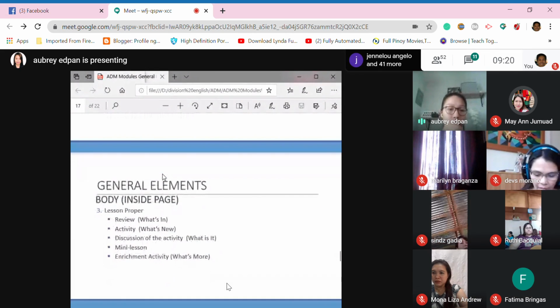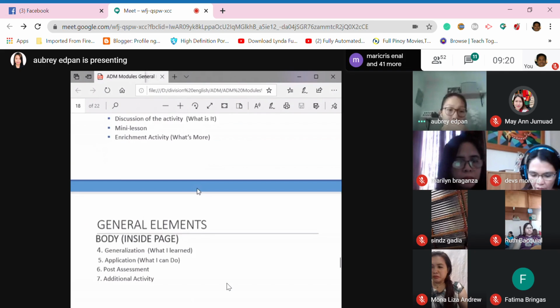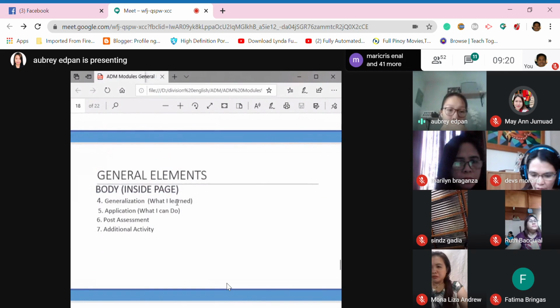The next part is the lesson proper, which includes the review or the what's in, the activity, the what's new, the discussion of the activity, the what is it, which also includes the mini lesson, and the enrichment activity, which is labeled as what's more. Next, after the lesson proper, we have the generalization, the what I learned, the application, the what I can do,